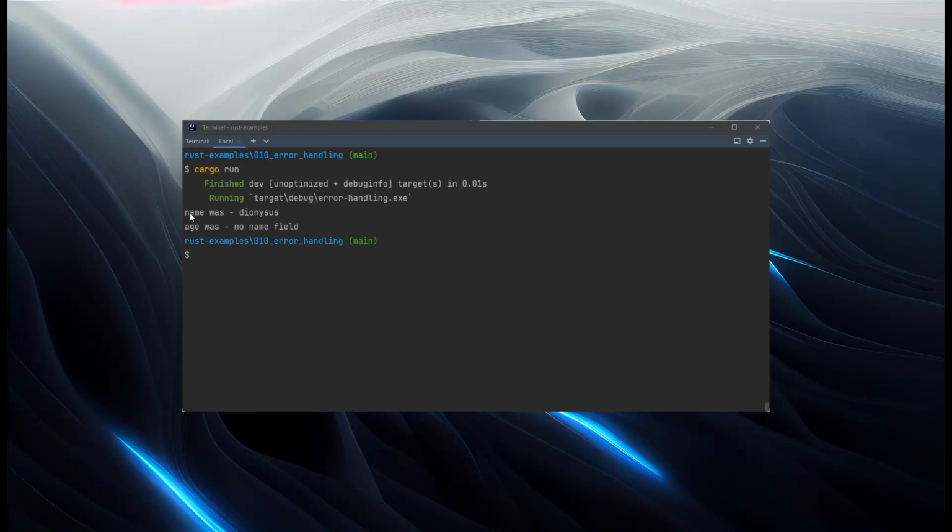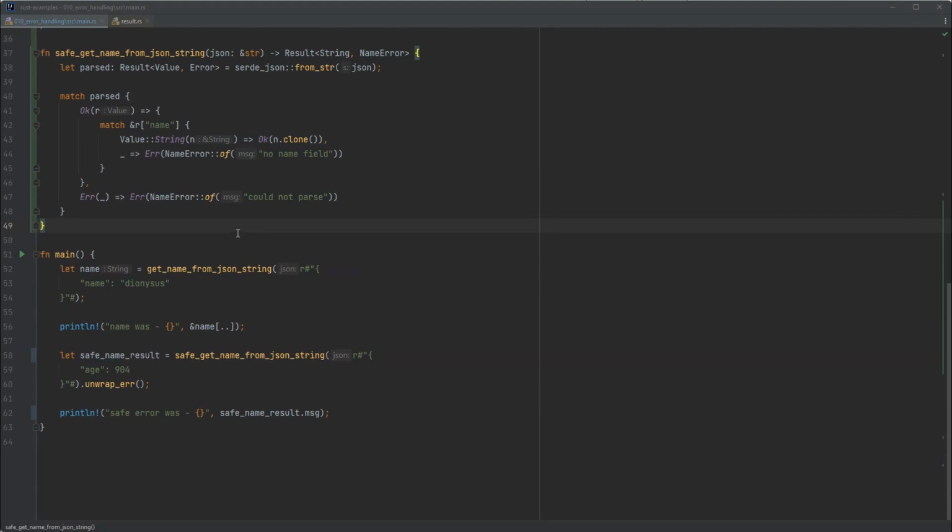This time the program shouldn't crash, it should handle the error properly. And it does. So it still prints the name, and then where there should have been an age, we're seeing no name field. So we should update our print message, but that is behaving much better than before. So this works well for communicating errors within your program, and it's a pattern you'll see used within the standard library